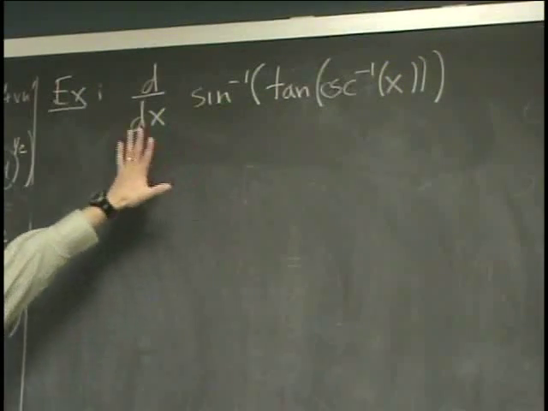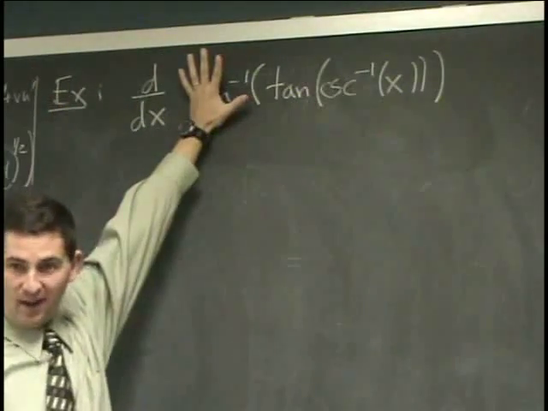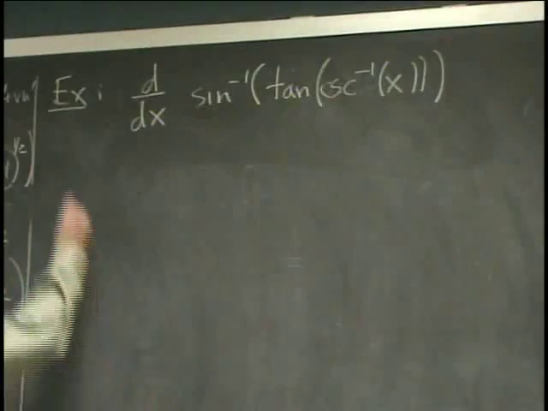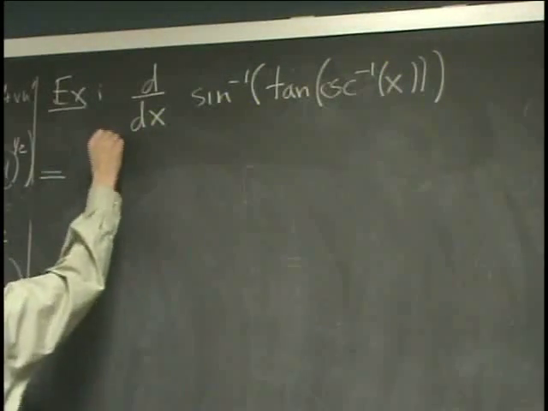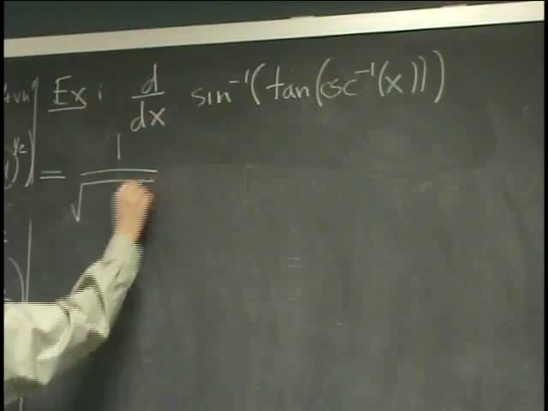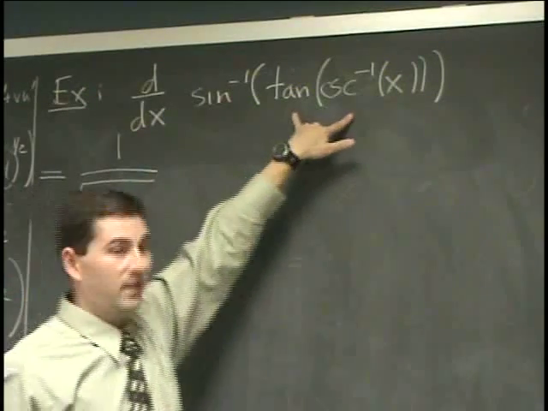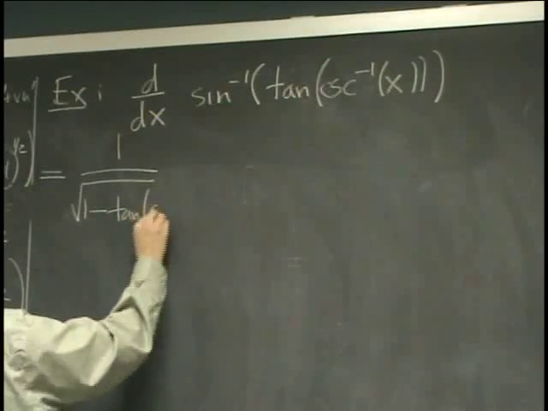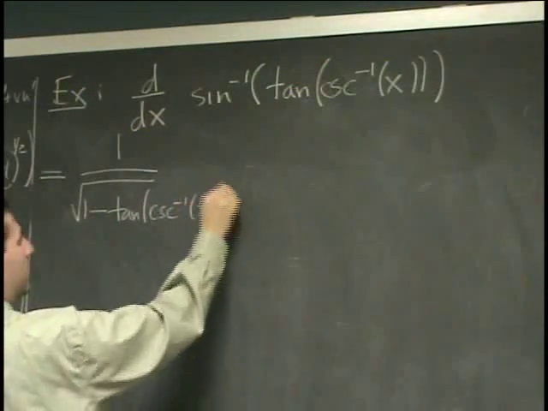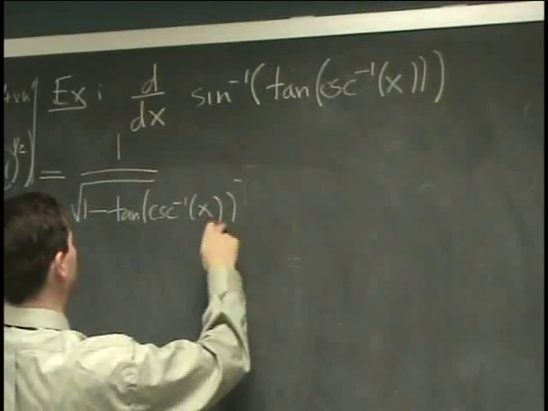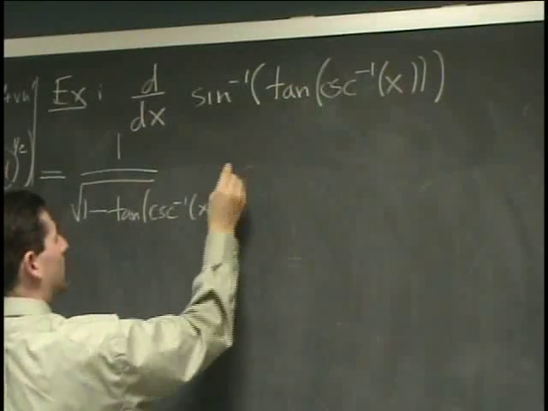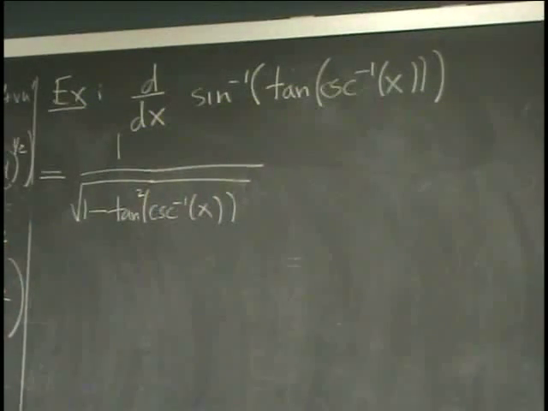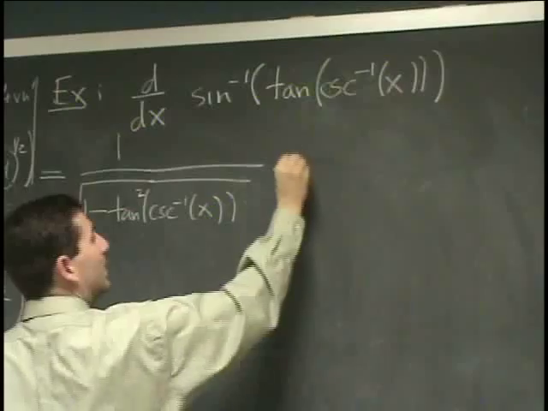All right, so what do we do? Well, we have arcsine of something, so we're going to have to use the chain rule. The derivative of arcsine is 1 over the square root of 1 minus the inside squared. So tangent of cosecant inverse of x, squared, times the derivative